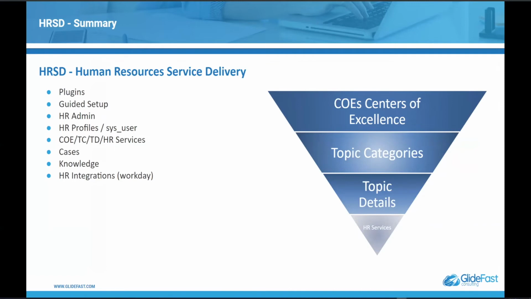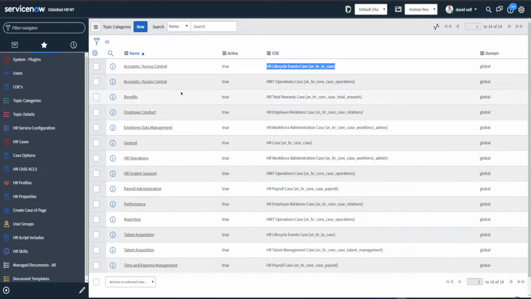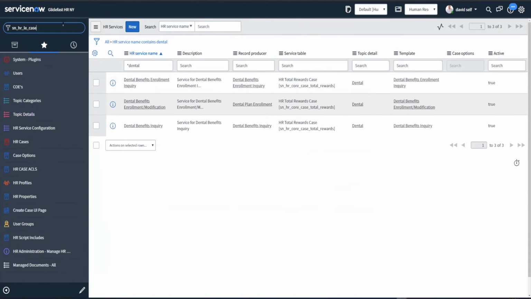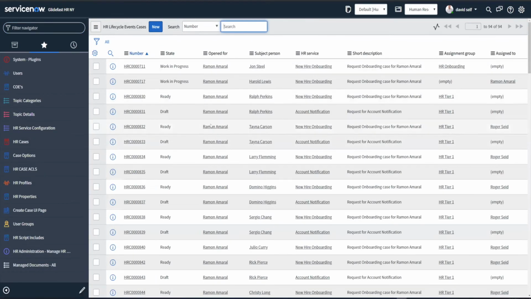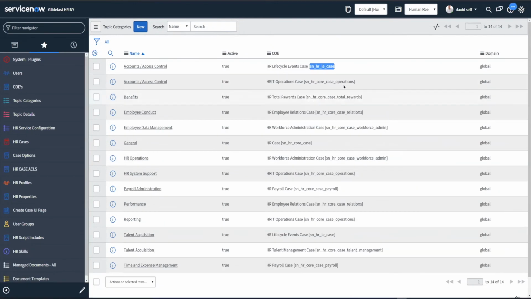So what does that look like in ServiceNow? What we see is that this COE, so this is actually a table, and I dot list this table. This is all the cases on that table, and they all have their own. So when we're talking about COEs, that's what that means. And that's why it's so difficult to change the HR service once you've created it, because the COE maps to